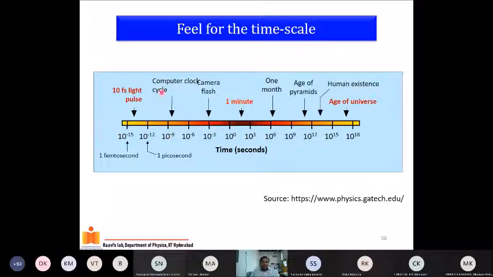Below that we cannot feel it, but your computer clock cycle is in gigahertz, which is 10^-9, nanoseconds. Okay, and this is why your computer can work faster. A lot of things are happening. Even when you just click, things are happening because of the computer speed. And what we are interested in is the picosecond and femtosecond, because this is the time where most of the photo processes, electronic processes and chemical reactions are happening. And this is very interesting to understand.